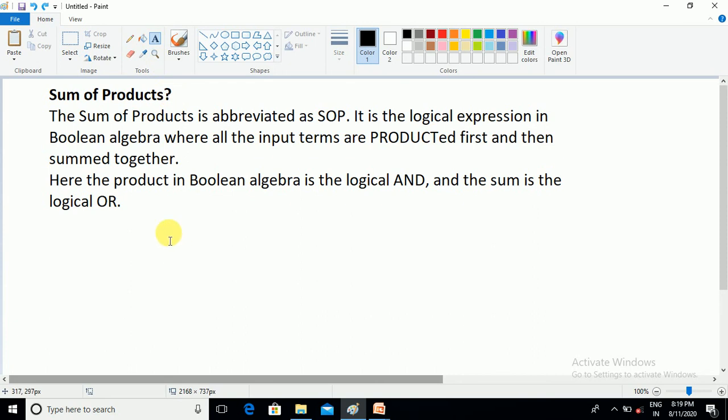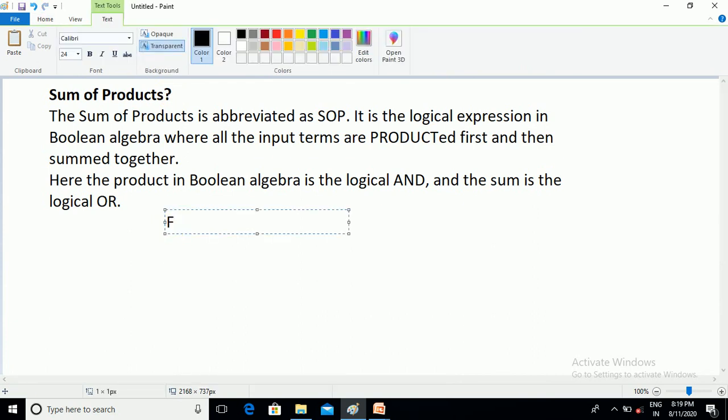Let us take one function. There are three inputs, a, b, c. These three inputs will create a Boolean function with product terms, and they are summed to each other. Here I am taking one product term. A product is nothing but when signals pass through the AND gate, it creates a product term. Here I am taking a dot b dash. You can also write it as a b dash, no need to mention the dot. So a b dash plus a b c.